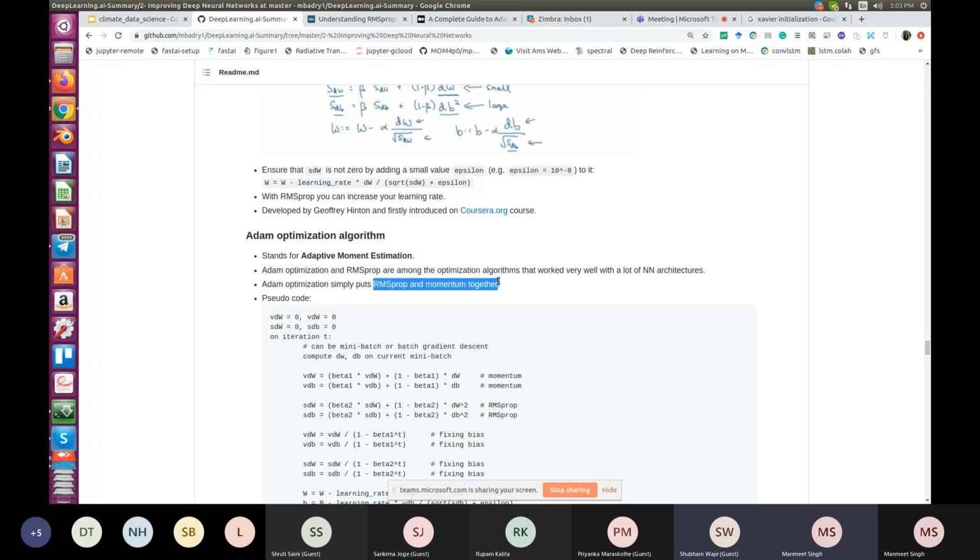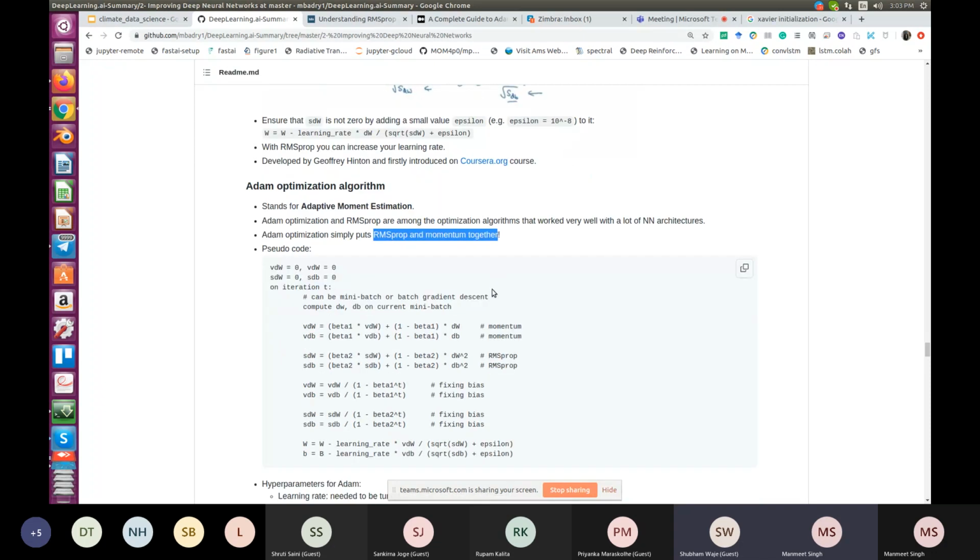So you would also have the momentum term, and you would also have the RMS prop algorithm, wherein you would look at the gradients which would update the weights. If two consecutive gradients have the same sign, you would increase the step size. If they have opposite signs, you would decrease the step size. So if you combine both RMS prop and momentum, then what you would get is